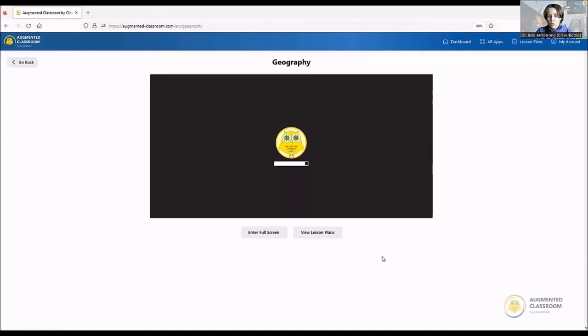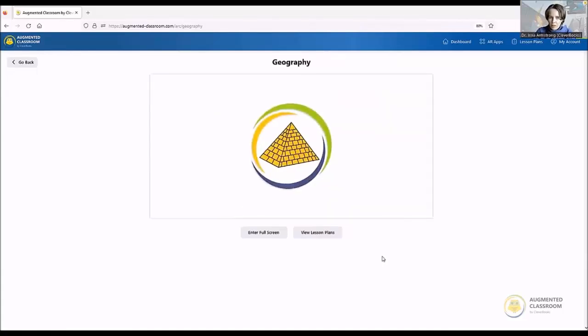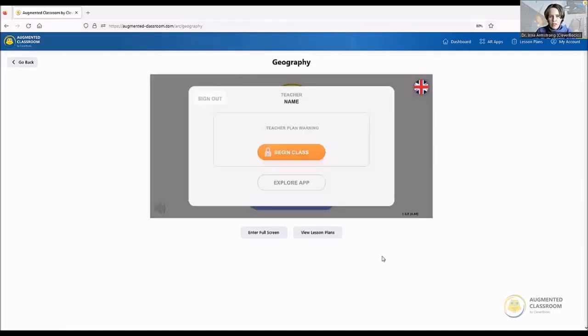The mobile device really shows the real augmented reality experience, and the beauty of it, mostly for young students, is that they don't have to be immersed in any virtual world, like for example if we use virtual reality, and they still see the teacher as the main facilitator of the class. They still see what is happening in front of them, but they have the opportunity to experience this virtual